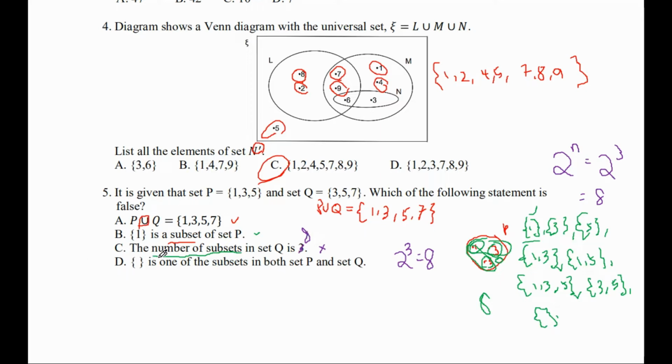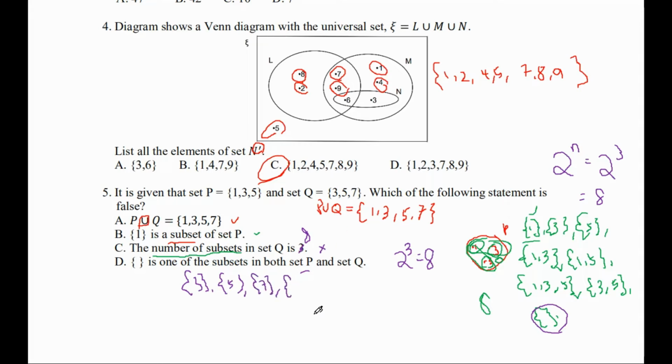Next, the empty set is a subset of both set P and set Q. For set P, I have this one, the empty set. That means I can circle without any number. Then how about for Q? Now I list down all the subsets for Q. It can be only 3, only 5, only 7,